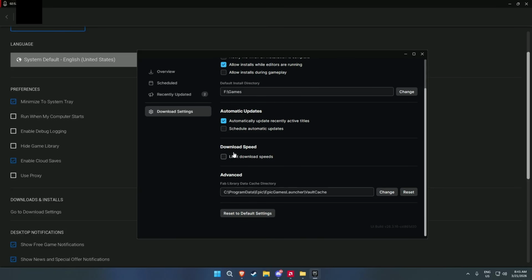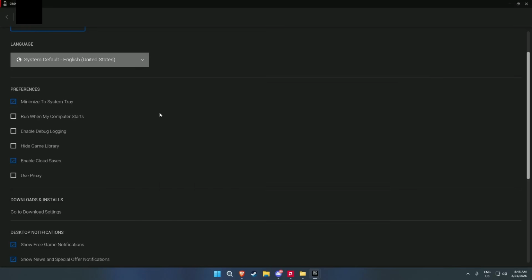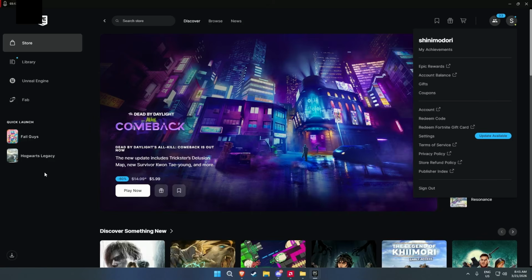And then we will see a download speed section which says limit download speeds. Make sure this is unchecked because we do not want to limit your download speeds. If you had it checked, you can uncheck it and then see if your download speeds are now fixed. However, if they aren't, we can move on to the next step, for which we have to change some Windows